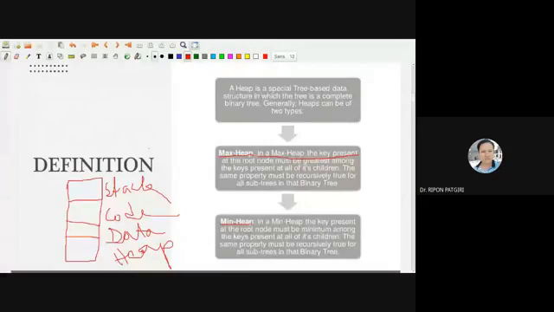So it uses the max heap property. How this uses max heap, I'll discuss. Stack is used for local variables, recursive calls, local functions, and local data in the programming language.